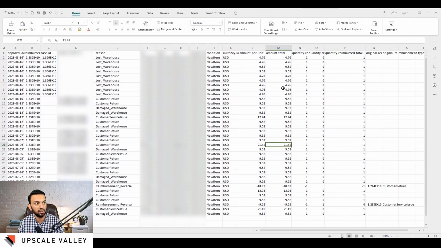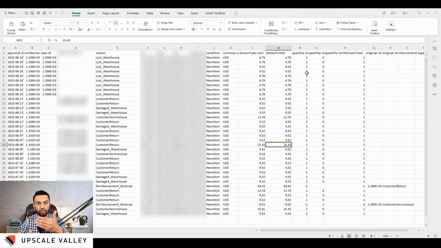It really depends upon the price of the product, but then again, here you can see all of the products which were reimbursed. So we got 3 data points. First one, all the refunds initiated. Then out of all those refunds, how many units are returned to Amazon FBA, and how many units are reimbursed already. So if the unit has not returned, and